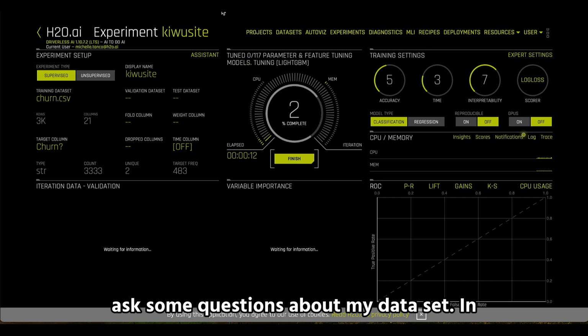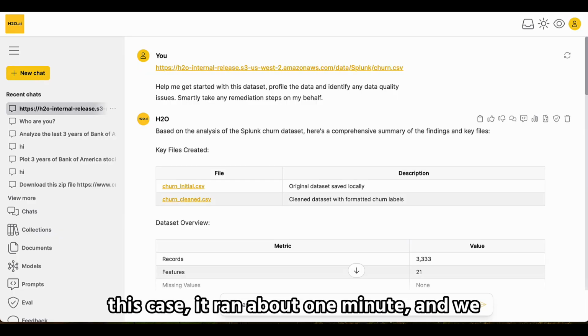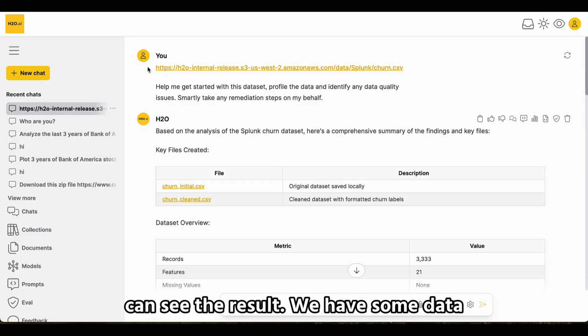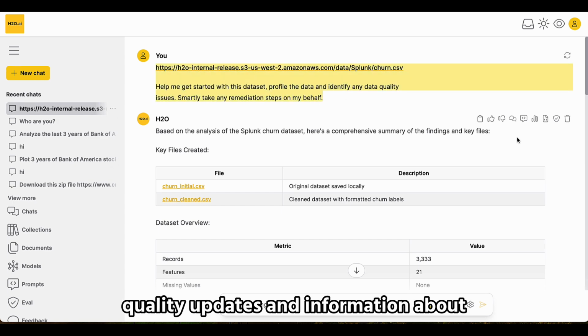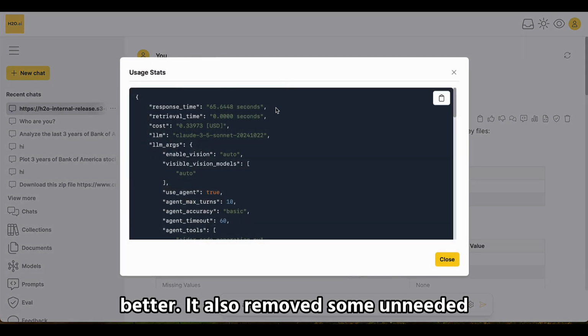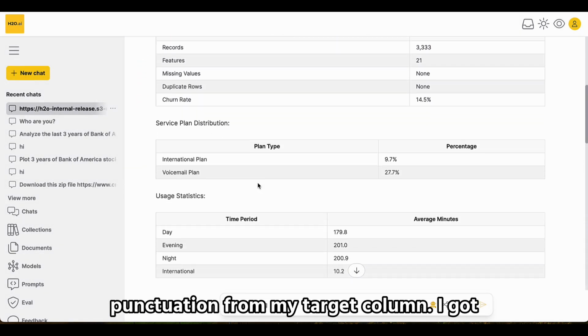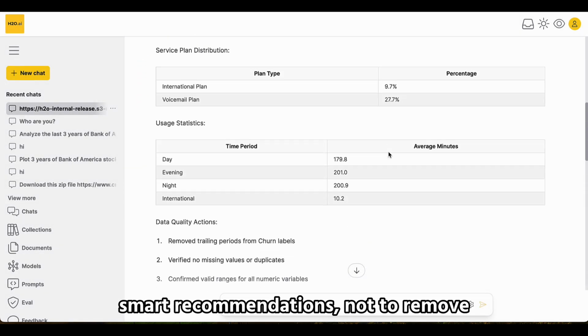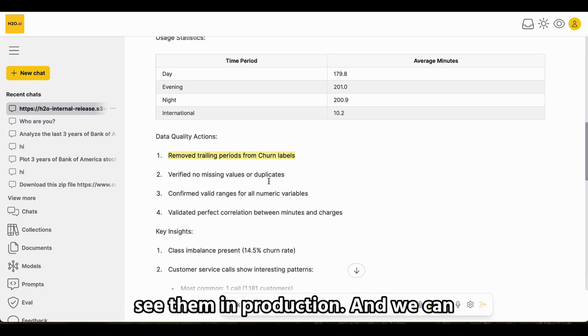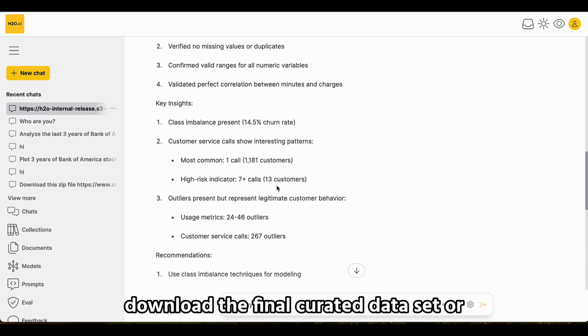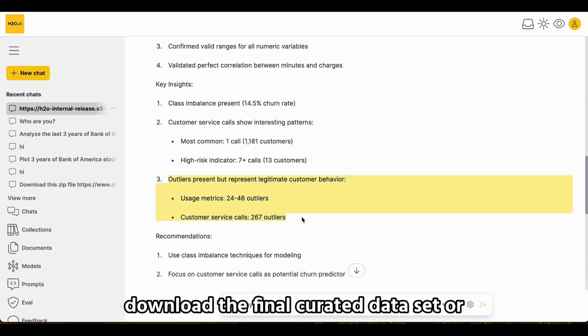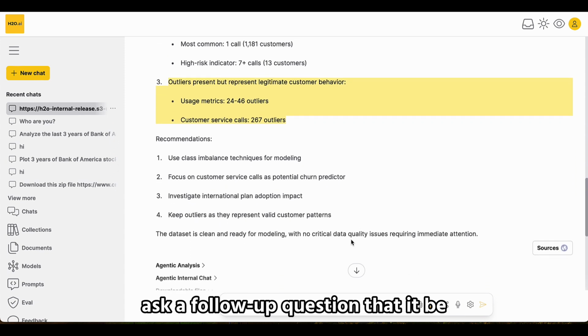Here I can ask some questions about my data set. In this case, it ran about 1 minute and we can see the results. We have some data quality updates and information about our data that helps us understand it better. It also removed some unneeded punctuation from my target column. I got smart recommendations not to remove outliers since we're going to probably see them in production. And we can download the final curated data set or ask a follow-up question that it be pushed to driverless